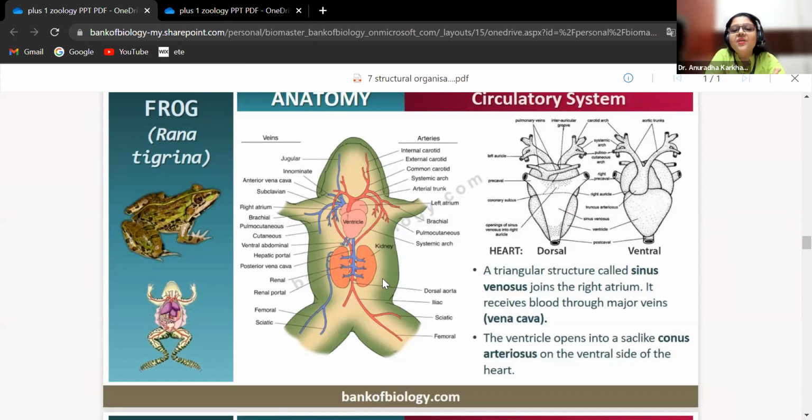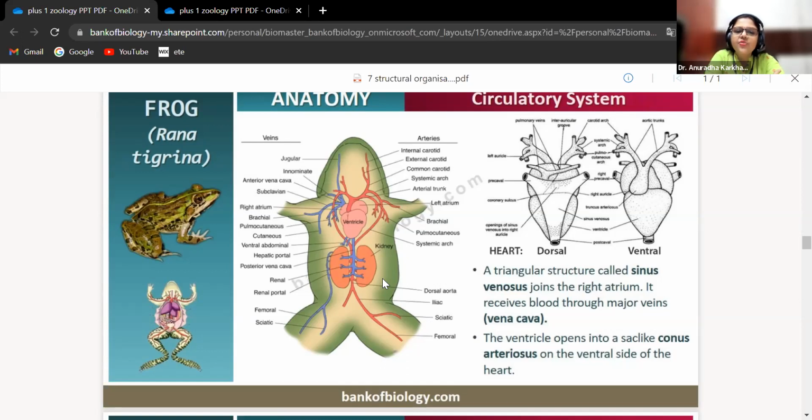Yes. So here also, the same thing ना, right atrium में ही जा रहा है ना बेटा. But instead of calling it as superior vena cava, inferior vena cava, what they call it as sinus venosus. ठीक है? Yes. So it's going to open up into the right atrium. The ventricle opens into a sac-like conus arteriosus on the ventral side of the heart. Conus